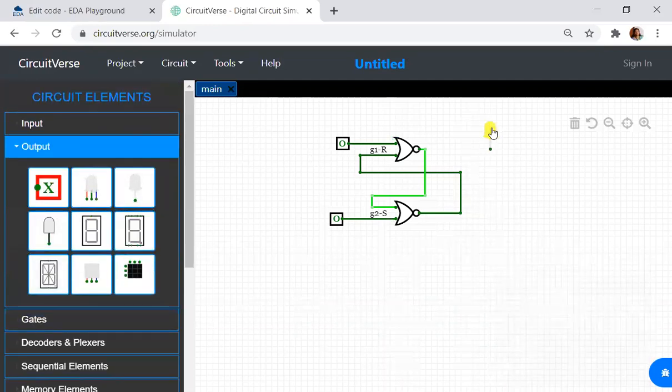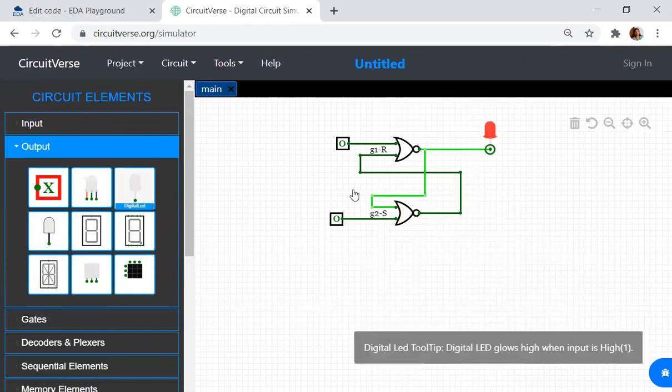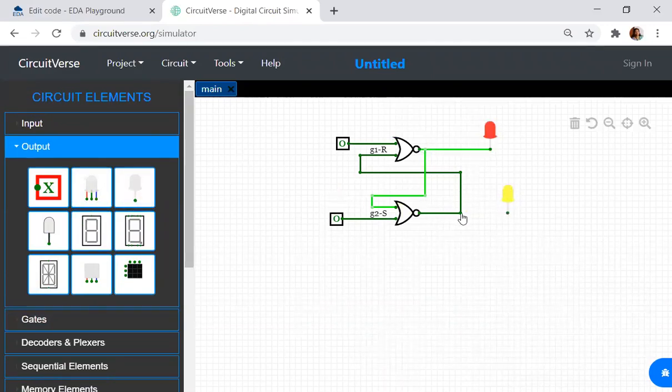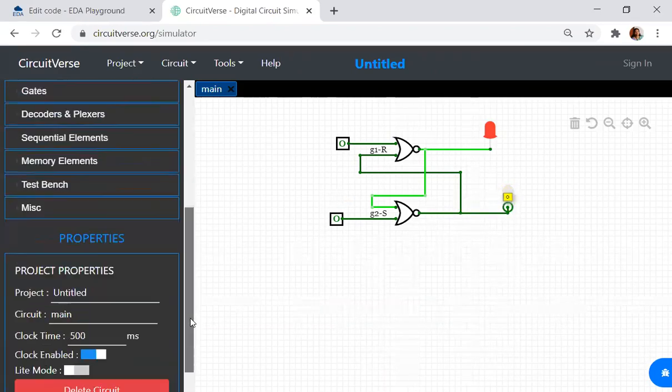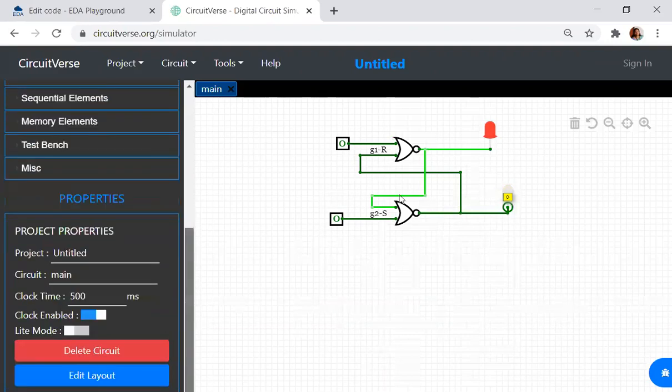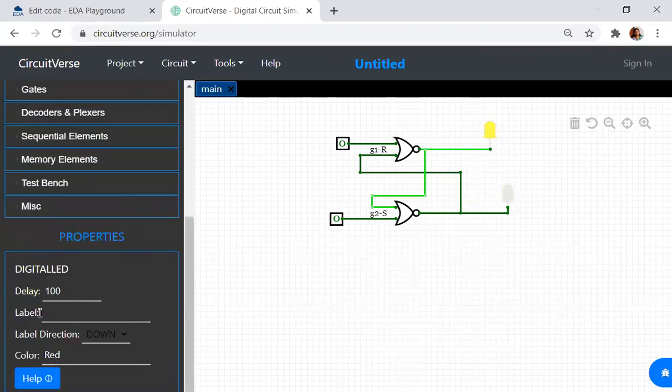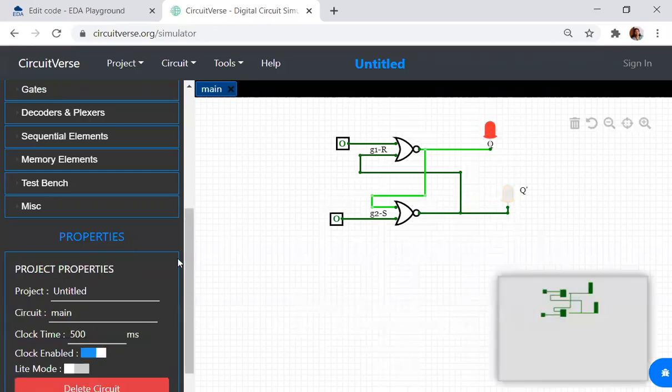This output will be our Q and this output will be our Q bar, because one output will be the NOT of the other. So let us take this as Q bar, and this as Q.